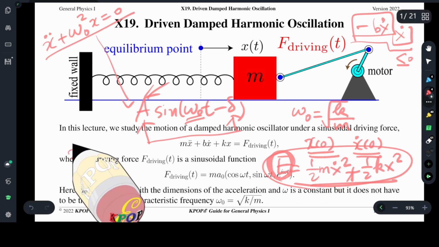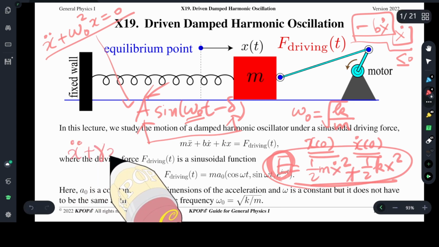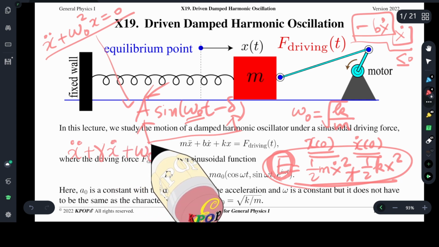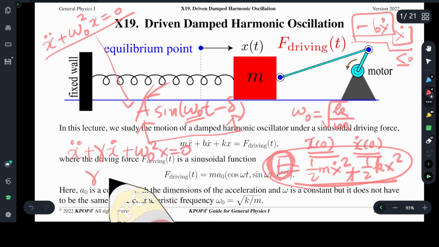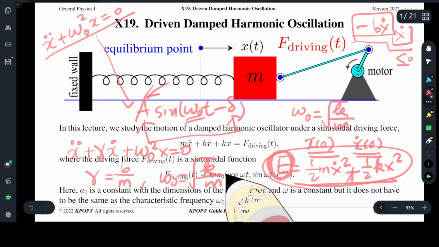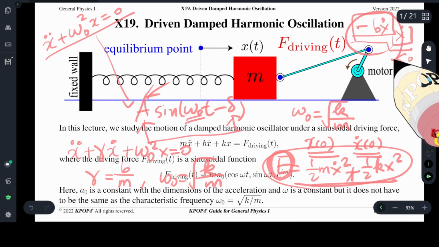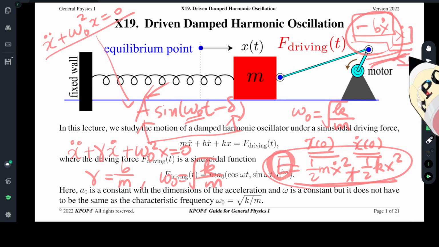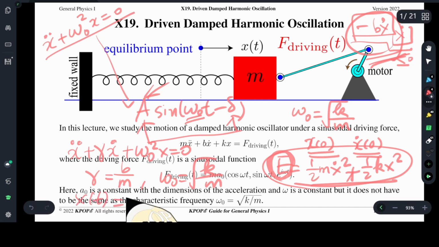The actual equation of motion is of the form x double dot plus gamma x dot plus omega 0 squared x equals 0, where gamma equals b over m, and omega 0 is the square root of k over m. Because of this factor, this negative contribution to the power, the total mechanical energy decreases. If we look at the solution, it is proportional to e to the minus 1/2 gamma t,